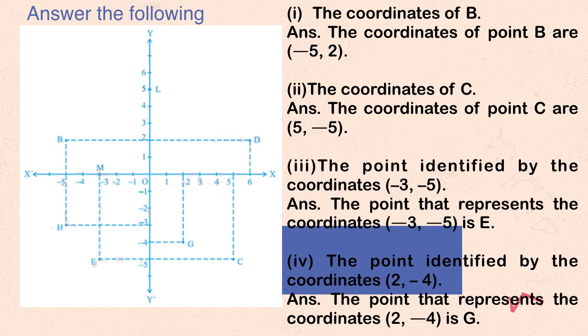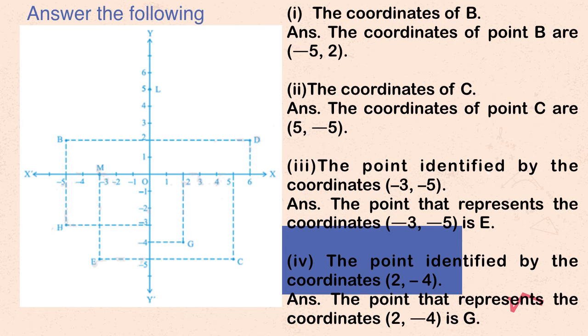Now question number 2, first part. The question says answer the following based on the given figure. So let us answer these questions. What is the first part? The coordinates of B. Now first see where the B point is in the diagram. Can everybody see the point B in the diagram? Now what's the coordinate of B? Can you all say? First we will see the x-axis and we will drop a line from the point on the x-axis. Okay, and where is the point meeting the x-axis? It is meeting at -5.